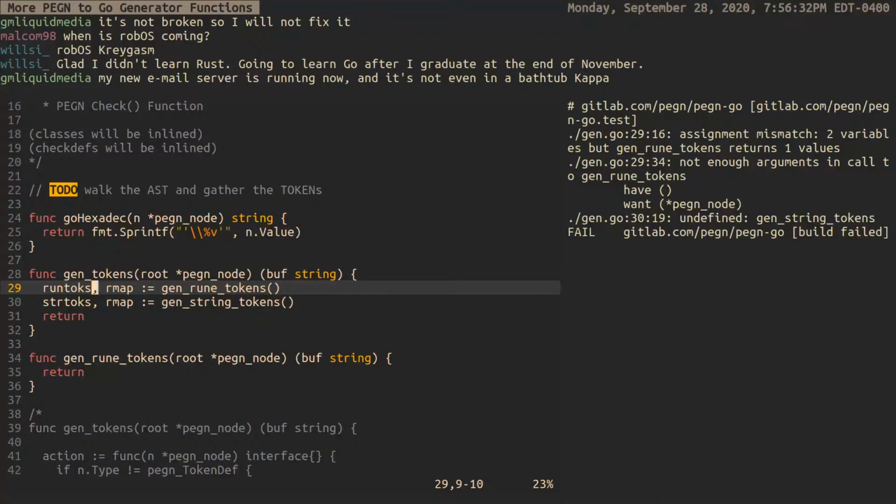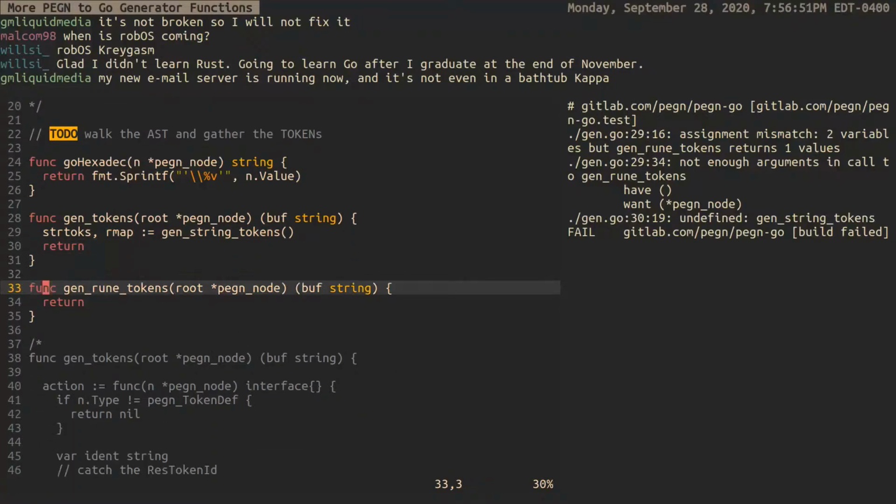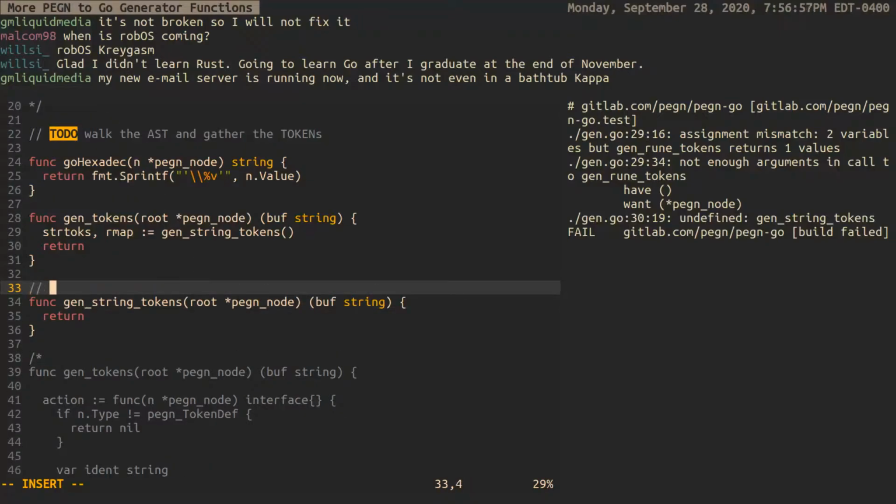So yeah, we'll just say string tokens, and that goes for runes. So we'll change this to strings. Includes all